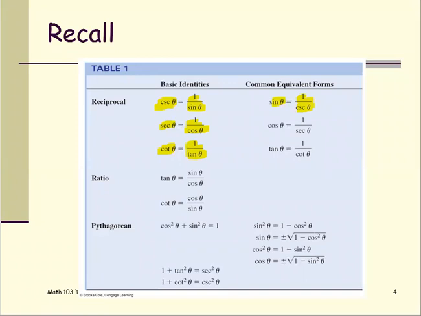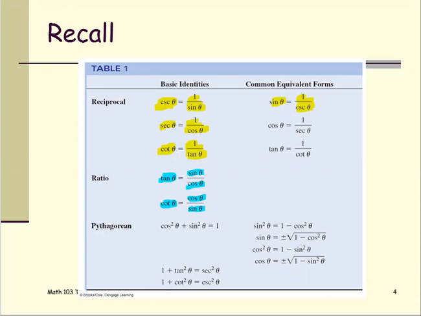The ratio identities would be: the tangent theta is the ratio of the sine and the cosine of theta. The cotangent theta, which is the reciprocal of the tangent, in the ratio identity form is going to be the cosine theta divided by sine theta. Another group is the group of the